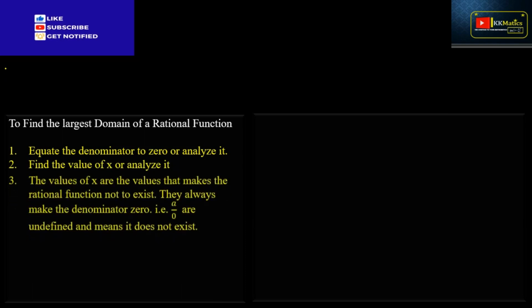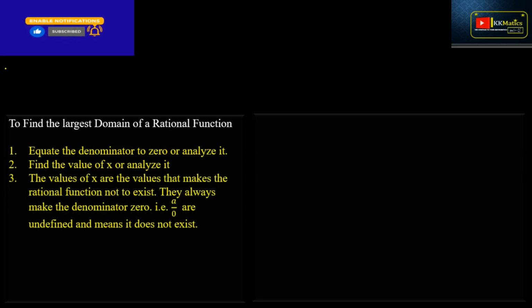With that, let's consider how to find the largest domain of a rational function. The first thing to do is to equate the denominator to 0. The second thing is to find the values of x. After finding the values of x,